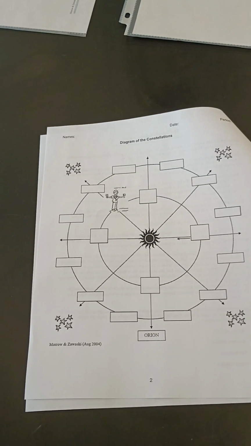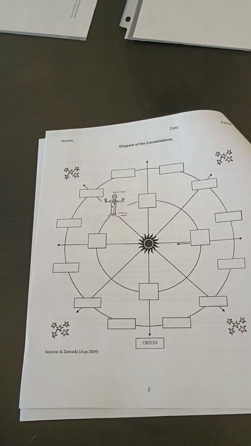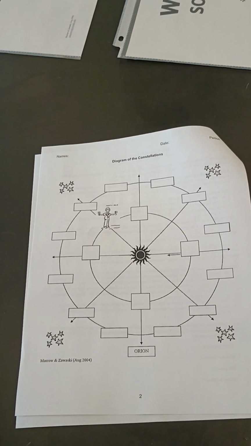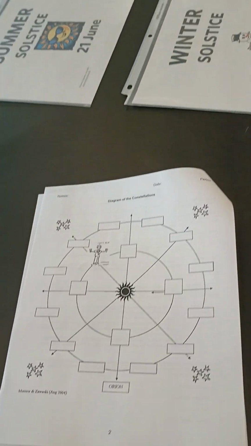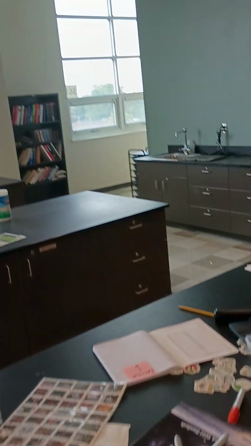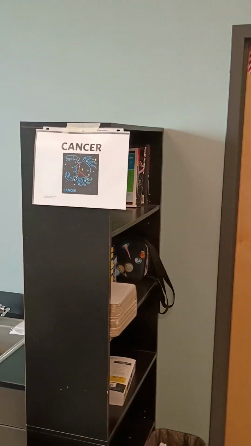And then the outer perimeter of the room that you would walk around represents the path of the Earth as it travels around. So, as you're going around, say from Virgo, and then you're over here at Leo,